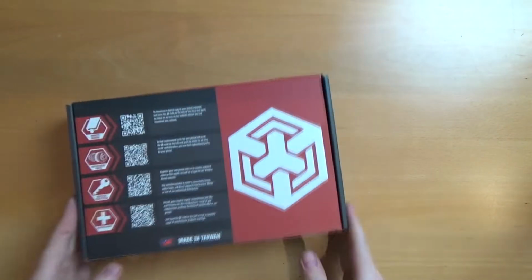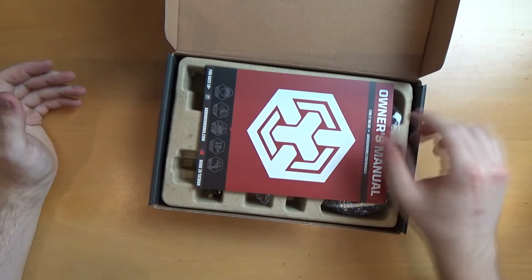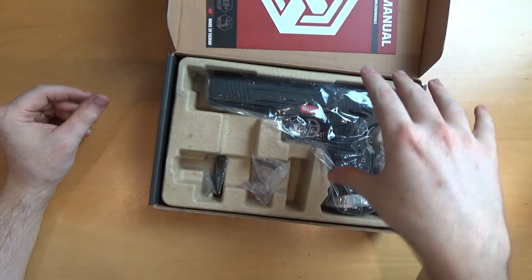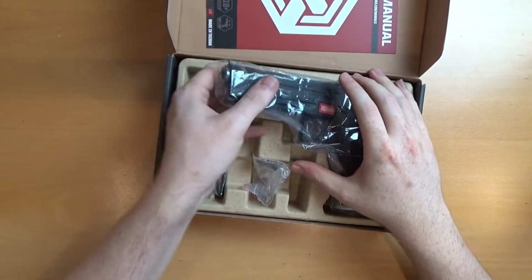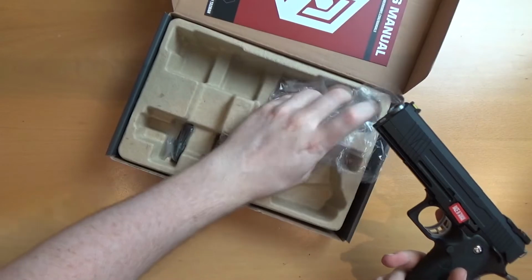And then let's have a look at the split slide. If you've been paying attention to these videos and you do follow what I'm looking at, I had great fun with the WE high-speed Glock, which is a split slide setup. I love split slides just because they shoot superbly fast. Now this variant, like I say,